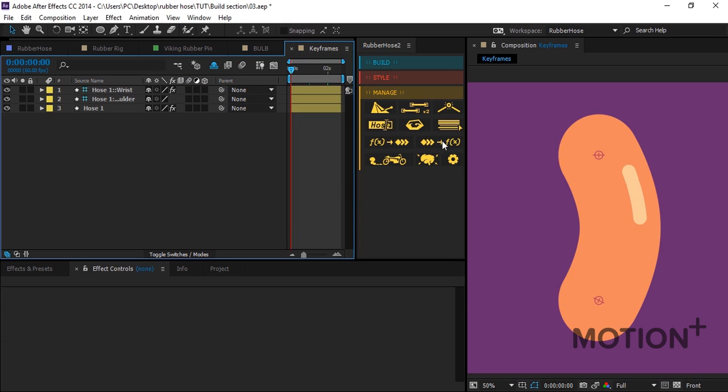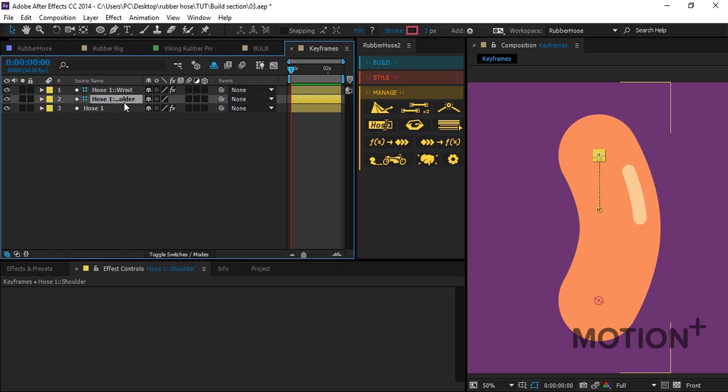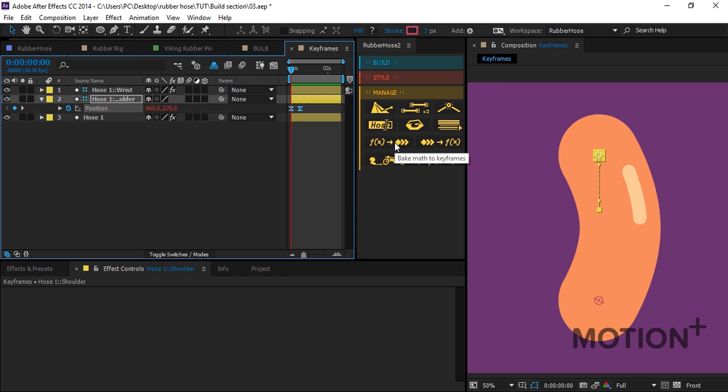Now the last thing we're going to talk about is this feature here. So let's say I have here a simple animation, and I want to bake it. So simply I can go to the animation, select the keyframes and click here, bake math to keyframes, and it's gonna bake the animation for you, so it's not gonna be so hard on the computer to process it in the render. Now let's click here,